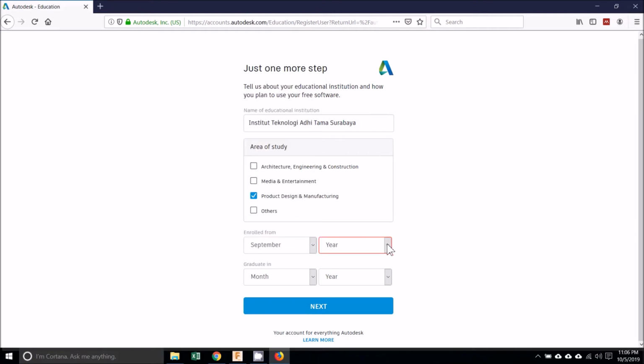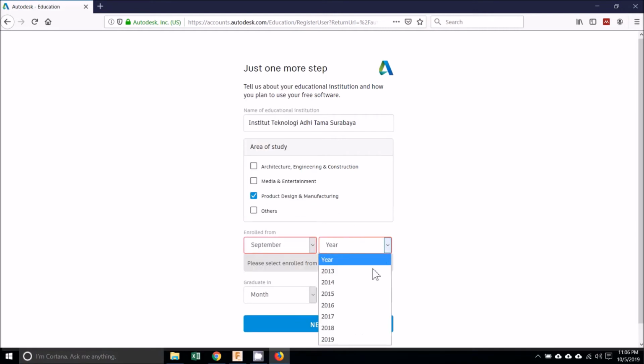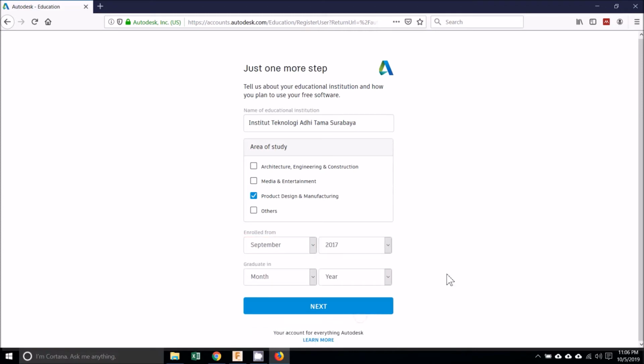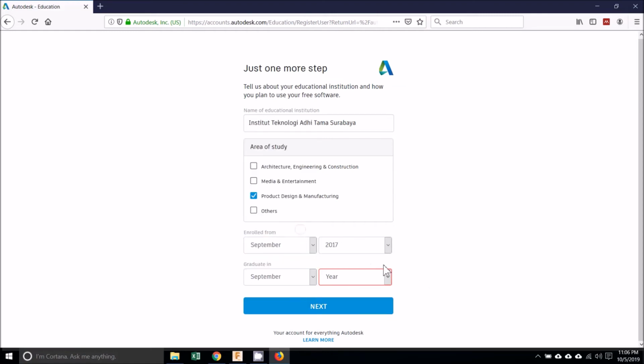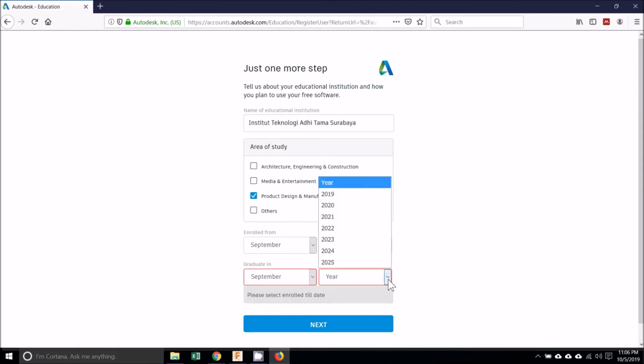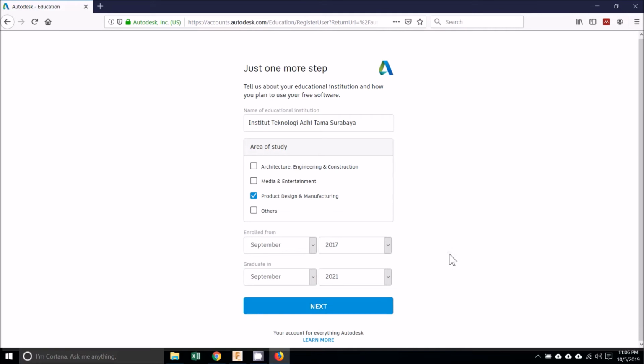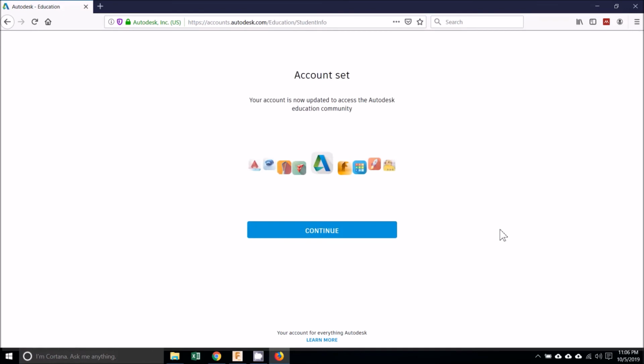Determine when we enrolled and when we will graduate. Click Continue.